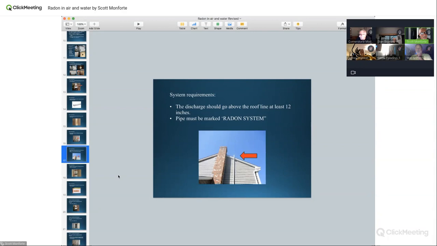Just like sometimes I got to put radon systems in the fan in the basement because there's no other place to put it. And then they'll sign a waiver saying if you ever sell the house and an inspector comes around, he may mention that this is not where it's supposed to be.